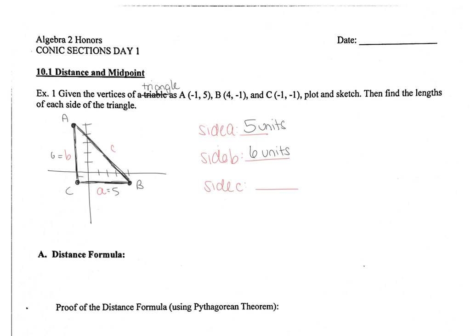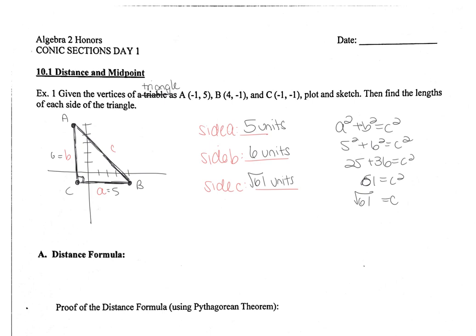Because this is a right triangle, when we go to find side C, you're hopefully going to remember that we're going to use the Pythagorean theorem. So a squared plus b squared equals c squared, or 5 squared plus 6 squared equals c squared, 25 plus 36, which is 61. And therefore c is going to be root 61. Notice I didn't put the plus or minus because it is impossible to have a negative side length for